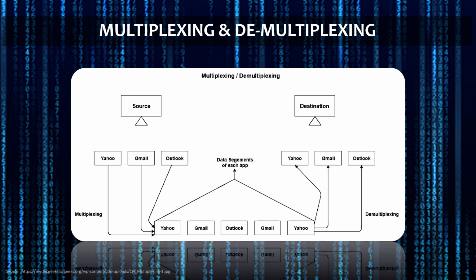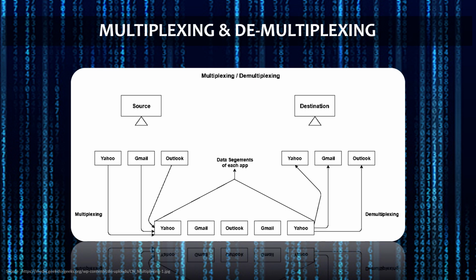Now the question is how the computer, system, or communication channel will come to know that this data belongs to such and such application. For that we need a header in each data packet, and those packets travel through the communication channel and reach the destination. Now in the demultiplexing process, all the data packets will be unwrapped and sent to the particular application. So this is how multiplexing and demultiplexing processes actually work.